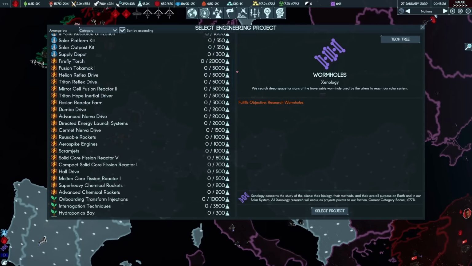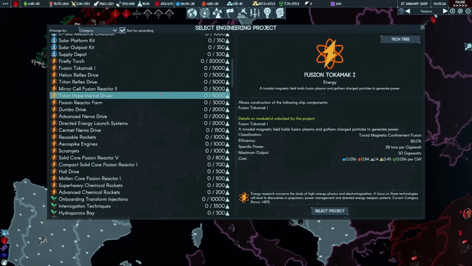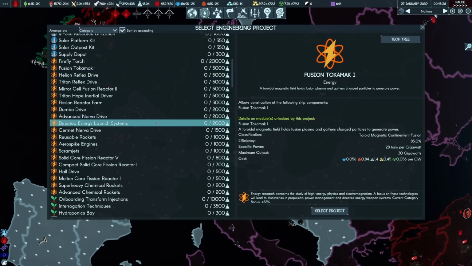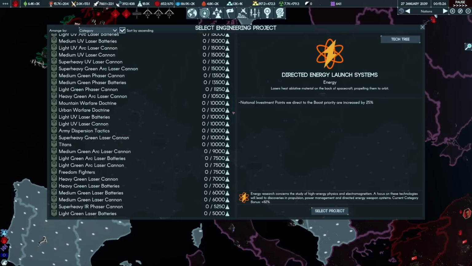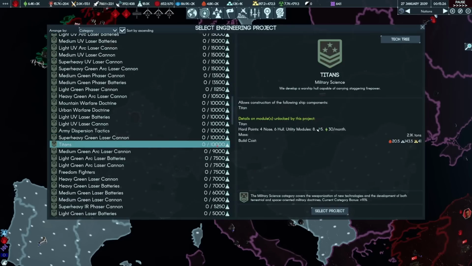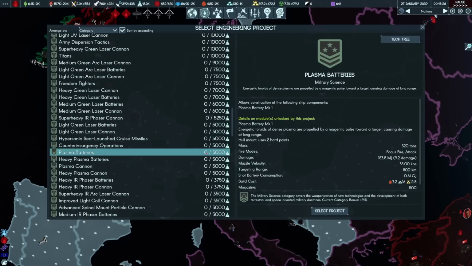We're starting to get quite a few things that I want to research again. I researched all the actual drives I want for the moment. I don't think I want anything that increases boost. I'm not investing in boost anymore. Do I want to research Titans for 10,000? There's a lot of other stuff. Let's start on plasma batteries